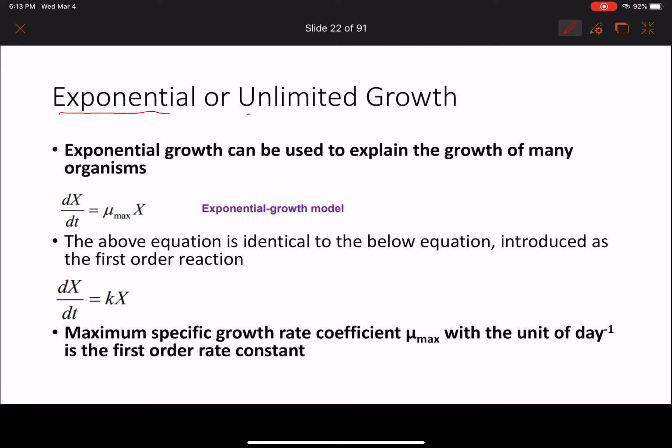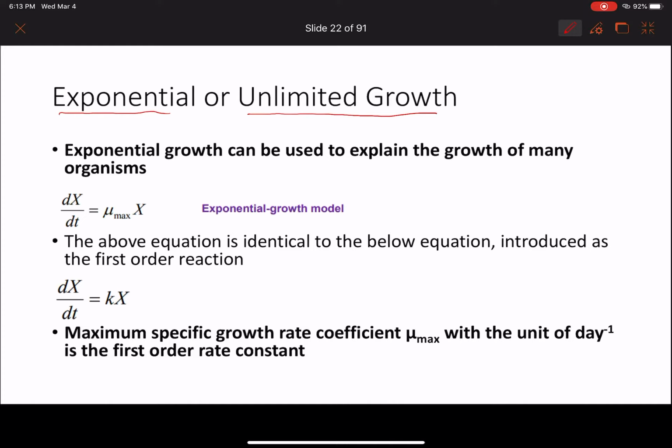And this is unrealistic. You don't expect microorganisms to have unlimited growth. Of course, there is limitation in food. Of course, the microorganism has limitation in age, and some toxic chemicals, some limitation in food, and of course, limitation of the space. This is not realistic, but we'll start with exponential and unlimited growth, which can explain the growth of